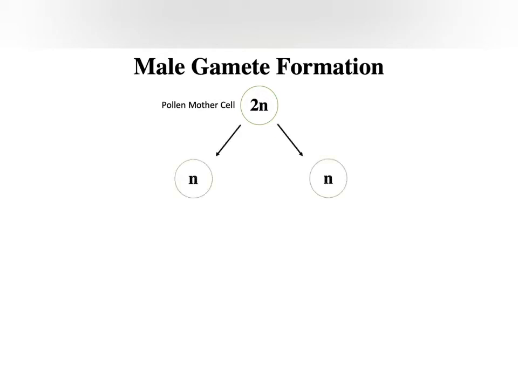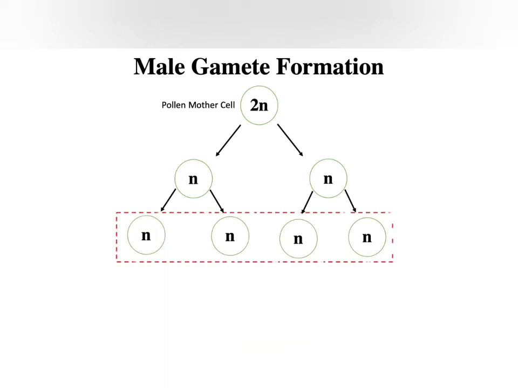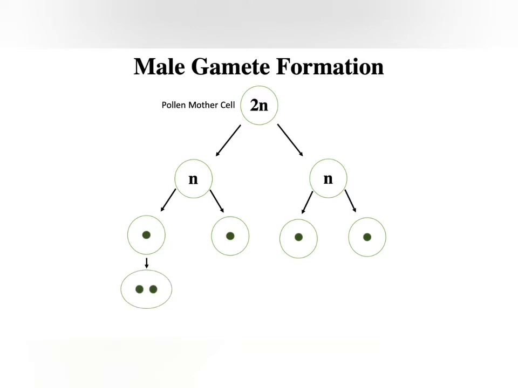So we have our first meiotic division, and then there will be a second meiotic division. So we end up with four daughter cells at the end of meiosis, and they are all, of course, haploid cells. So let's consider each dot as a haploid nucleus inside a cell, and each of these cells will divide